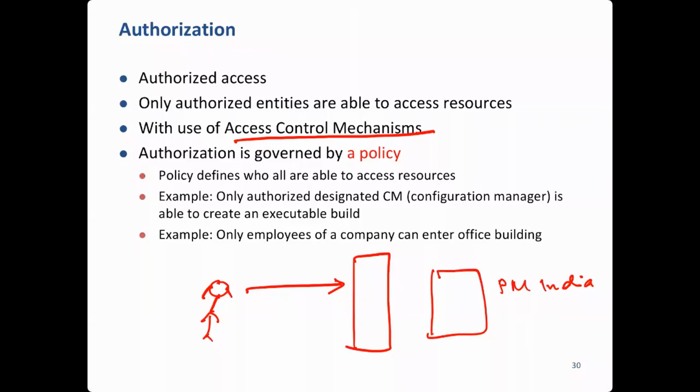So the person will ask, who are you and who has authorized you to enter or meet the Prime Minister? Okay, you said nobody, then they will say no, we cannot allow, right? So while you may want to meet, for example, instead of the Prime Minister of India, your local MP, the MP would have said, okay, the following people can meet me at any time when I am in office. So it will be based on some policy that the MP or member of parliament has set for people to meet, right? So authorization is